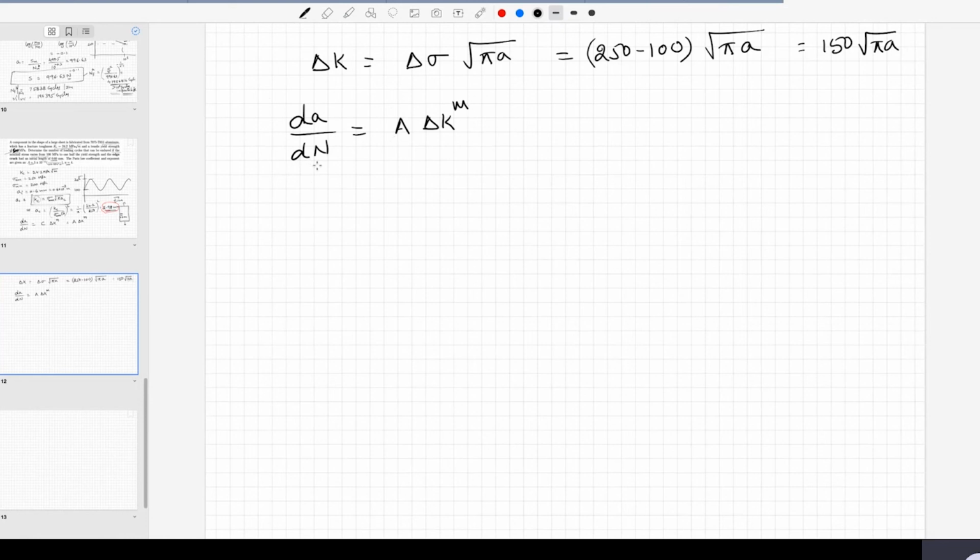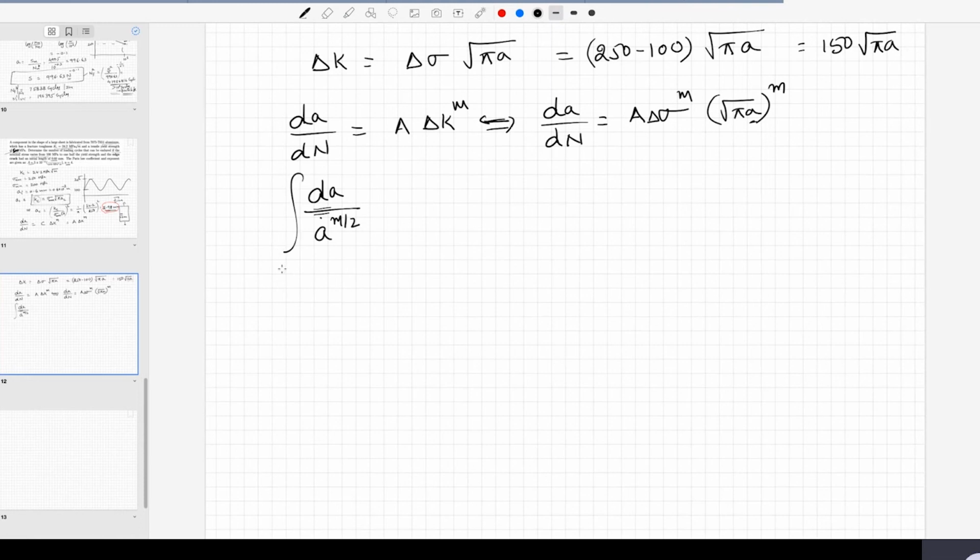Now I can do some rearrangement of this equation. dA by dN is equal to A, delta sigma root pi A, whole power M. So delta sigma I am taking out, root pi, and A is the variable because you are differentiating with respect to A. So I can write dA by A power M by 2,